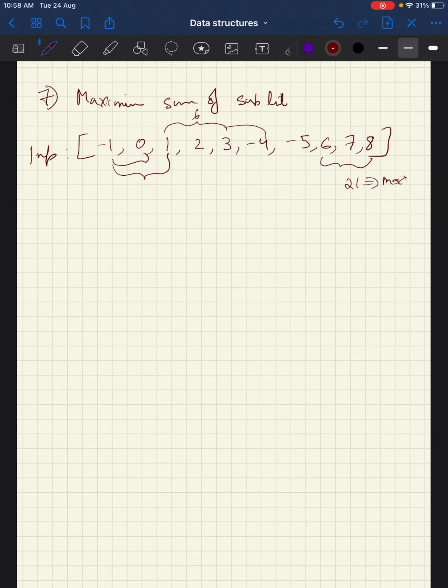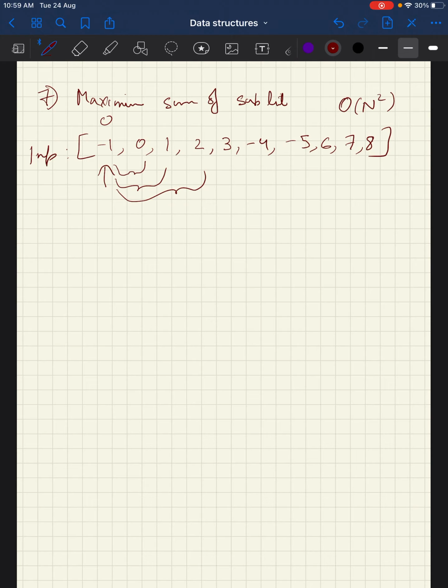Here a brute force solution would basically involve doing a scan from each index point, right? For example, let's say we start with the index point of 0, then we look at all the possibilities from that point, like having another index point and just increasing the length of it, right? That is obviously a very costly operation. It's going to be O of n square, but that is the brute force solution that could be done, right?